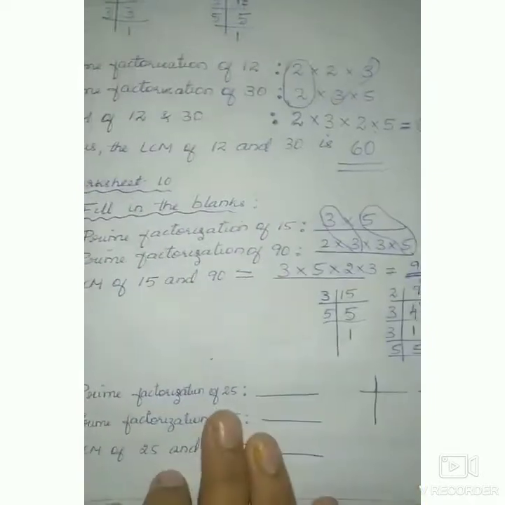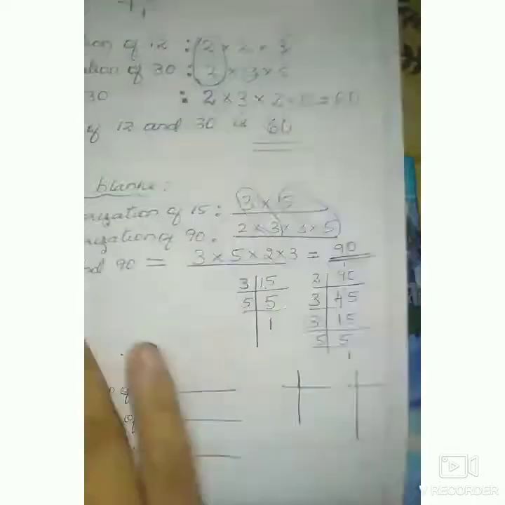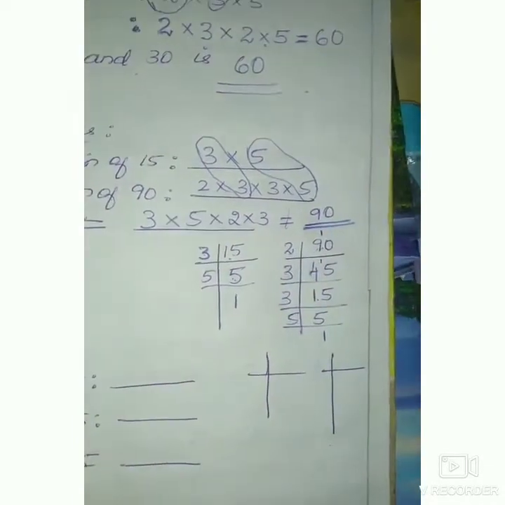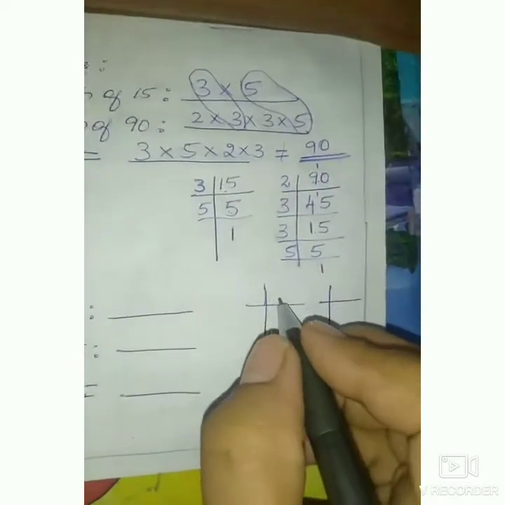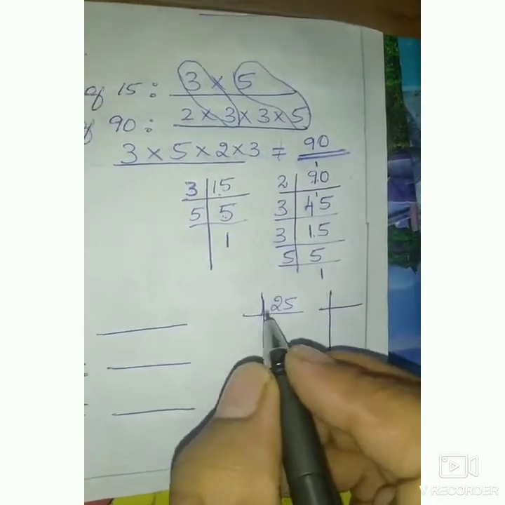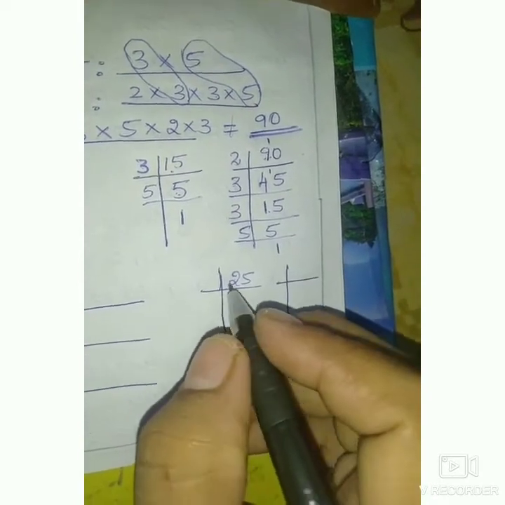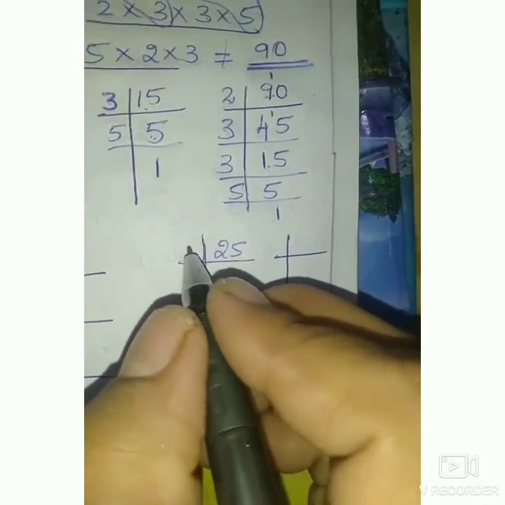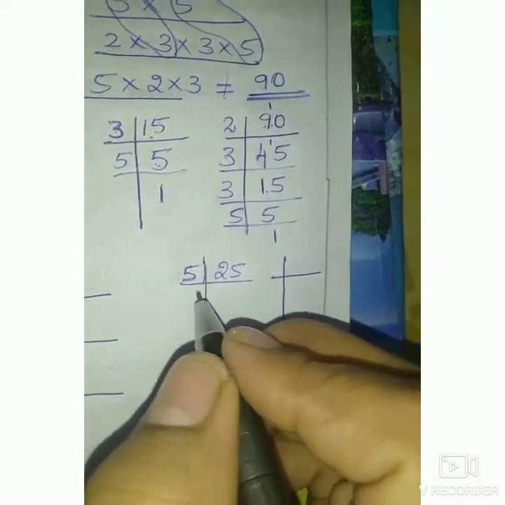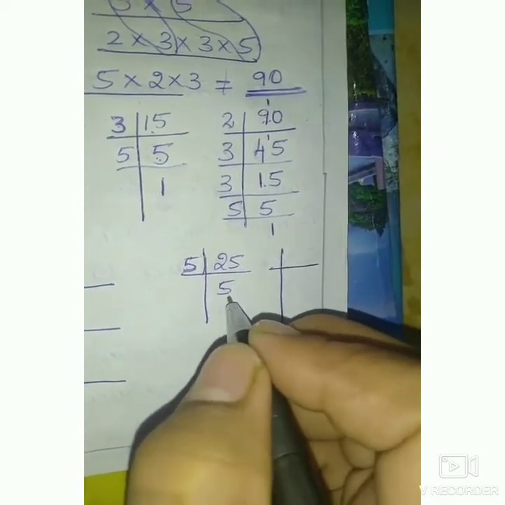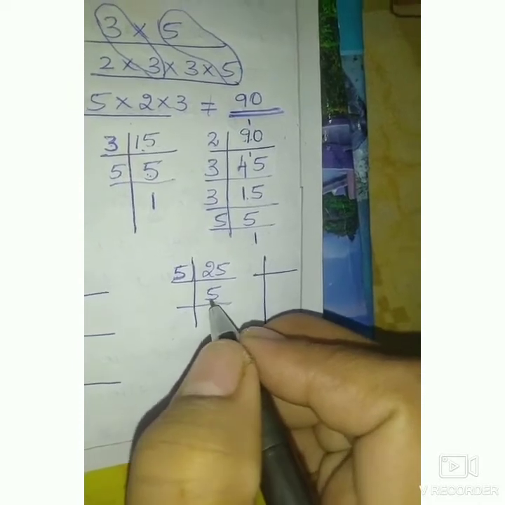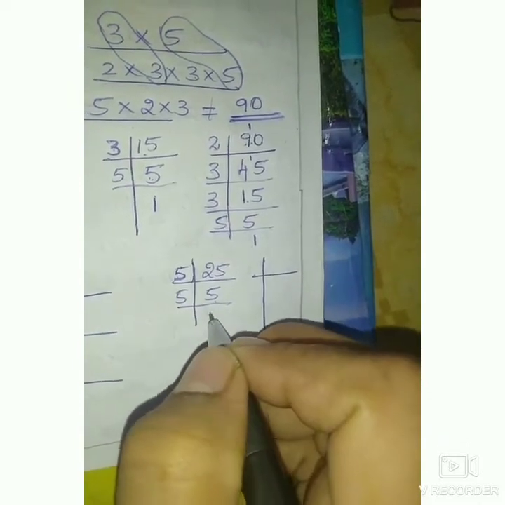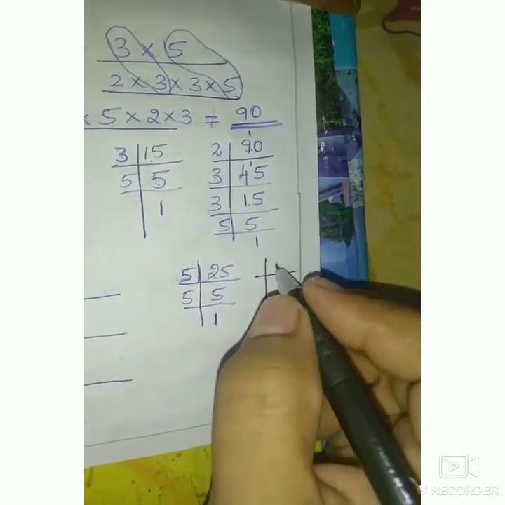Next, the prime factorization of 25. So here you can find the prime factorization by the division method. So write 25 first. Start dividing 25 by prime numbers. 25 doesn't come in the 2 table, 3 table, 4 table, 5 table. Yes, 5 table. Now 5 how many are 25? 5 5s are 25. Put the horizontal line now. Now 5 is divisible by 5 itself. 5 ones are 5.